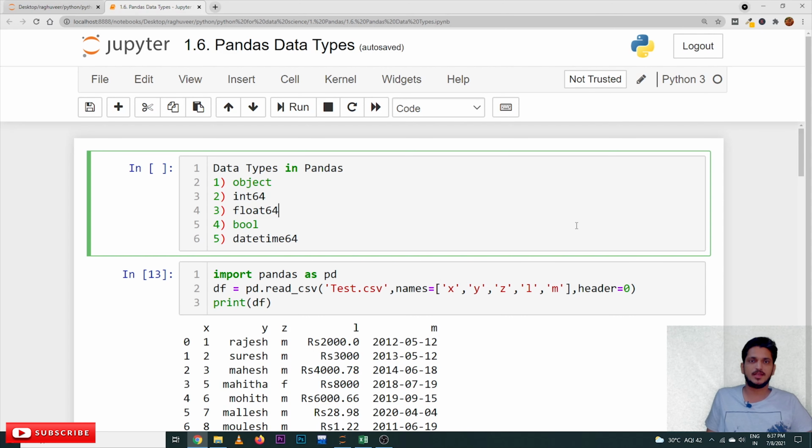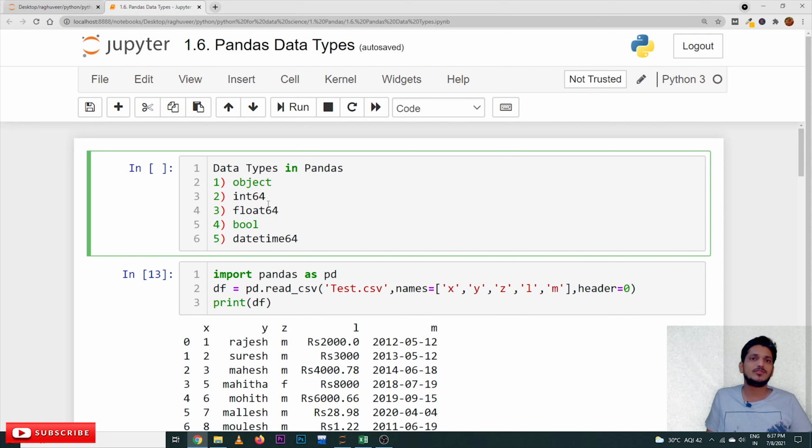I am Raghu here. In this class, we will discuss different data types in pandas. In our previous class, we already discussed how to display the attributes and the data types present in a data frame. There we discussed what the object data type is. If you consider the string data type in Python, object is similar to the string data type that we used in basic Python.